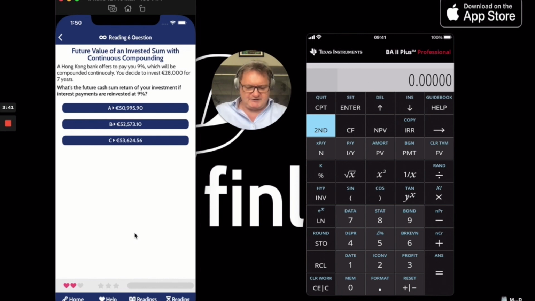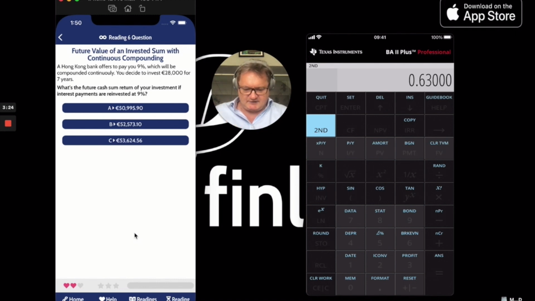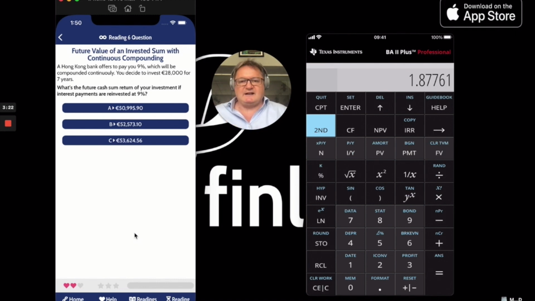So we've got 9%, so we're going to go 9 divided by 100, 0.09, and then we're going to multiply that by 7, following the equation that was in the help. And then we just do the exponential of that. There's going to be second e^x. That's now our continuously compounded factor. So multiply that by the 28,000. And that gives us